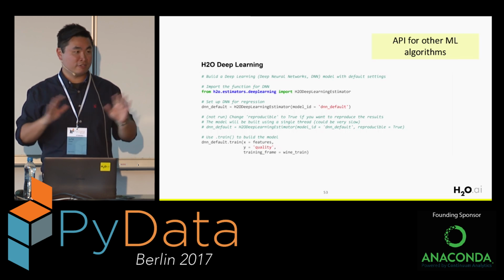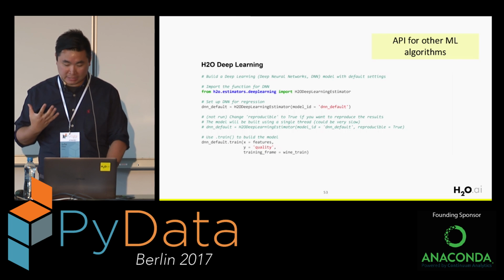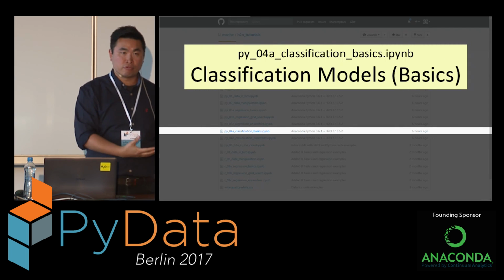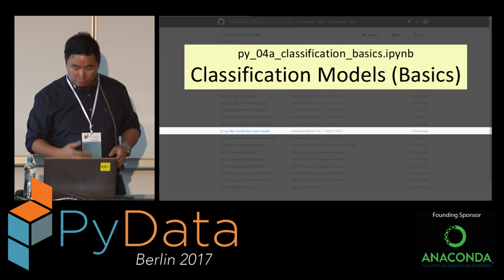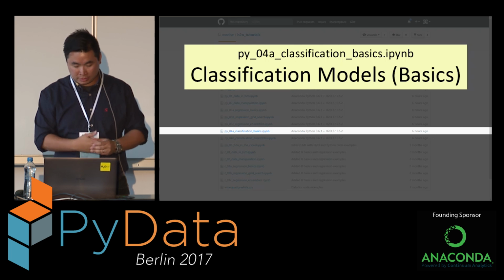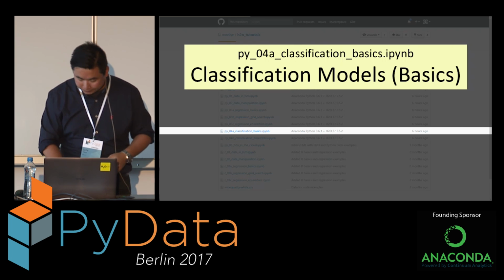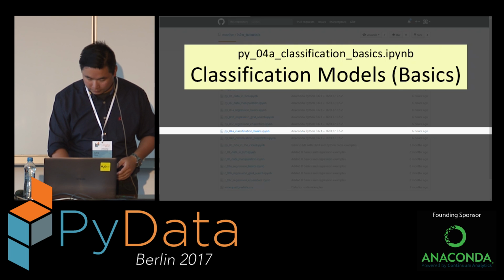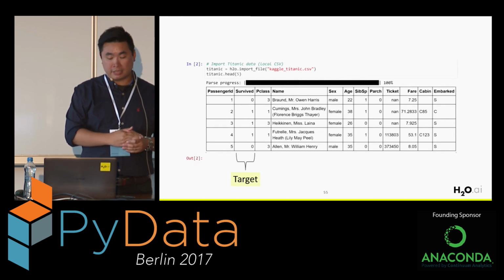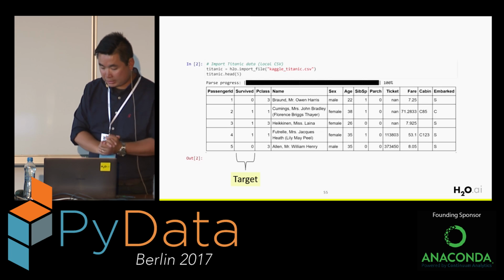You guys are smart, so you've got no questions at all, right? Cool. Okay, so I want to do the same basic stuff, but this time on a different data set. This time I want to do it for a classification problem. So we move on to the next notebook here, but actually it's a few down. It's number 4A, the classification basics. So we're going back to use the Titanic data set this time. This time we want to predict whether the passenger survived or not in this tragedy.